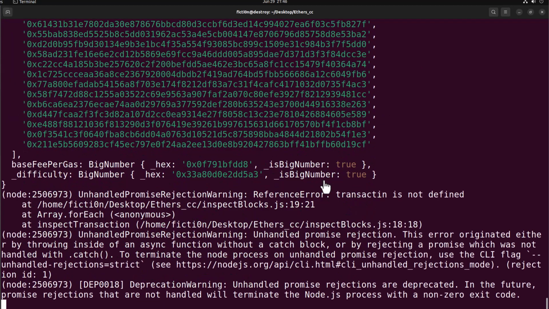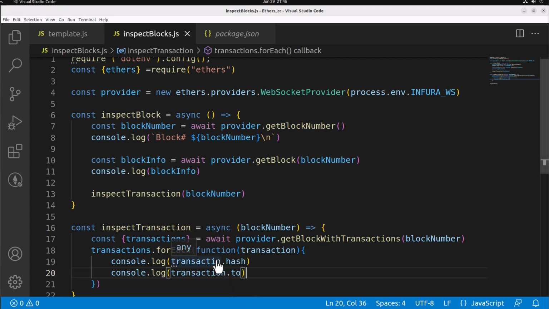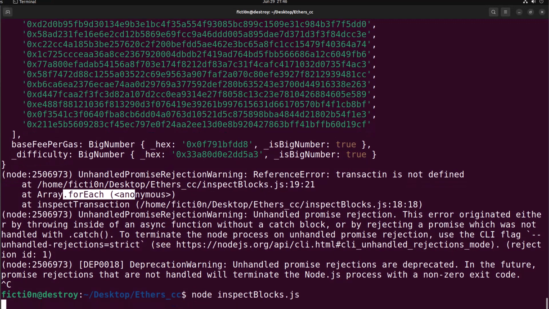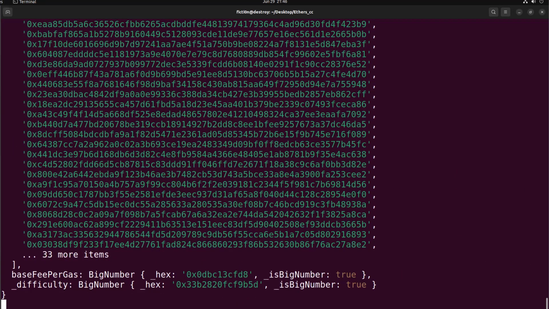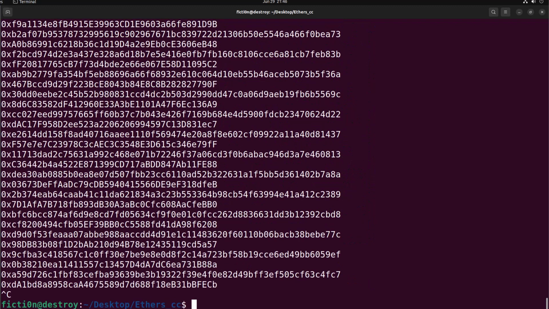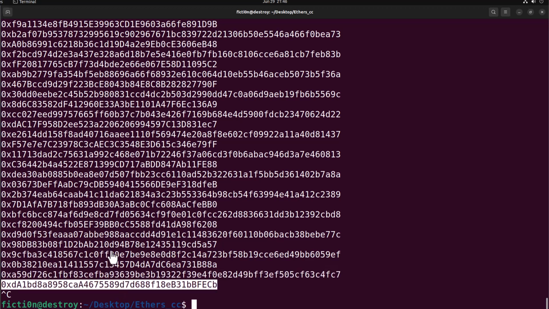All right, we have an error here, so let's see what that is. Unhandled promise rejection, transaction not defined. Array forEach. So let's see what we got here. Oh, I spelled that wrong, so that would be what is wrong there. So let's hop back in. So now we're seeing values scroll down the screen, and this would be the transaction hash, the to, the transaction